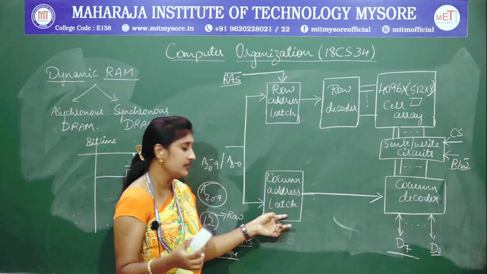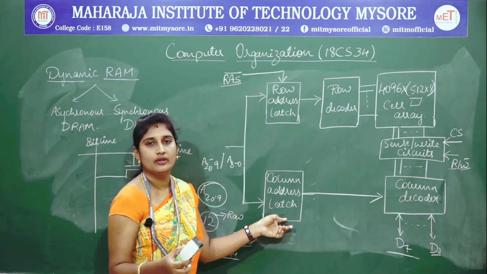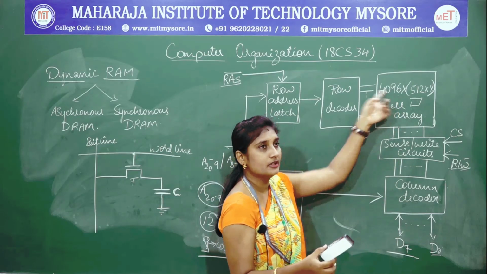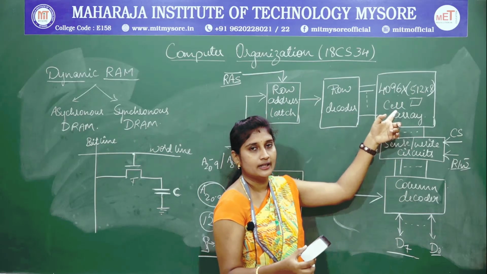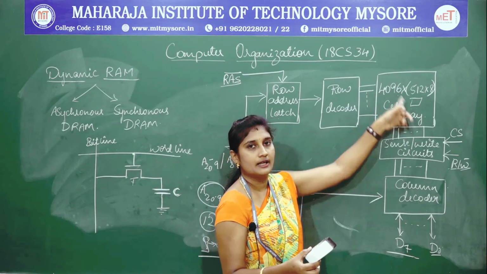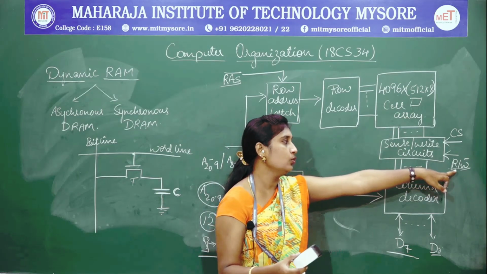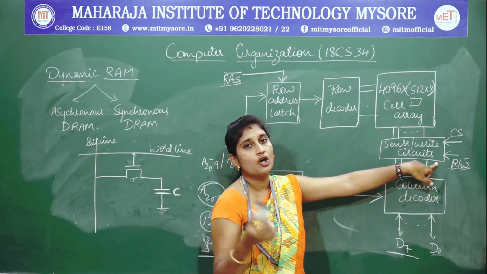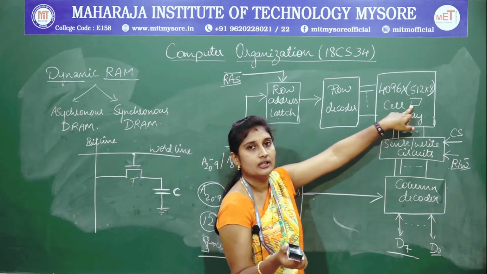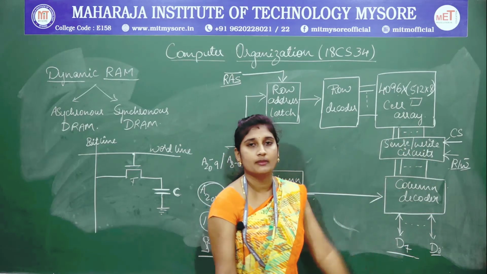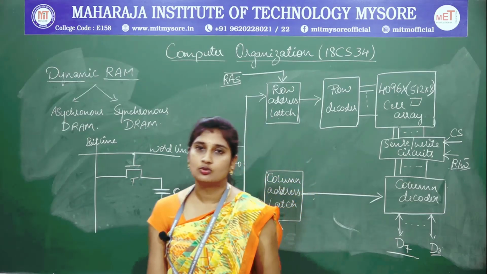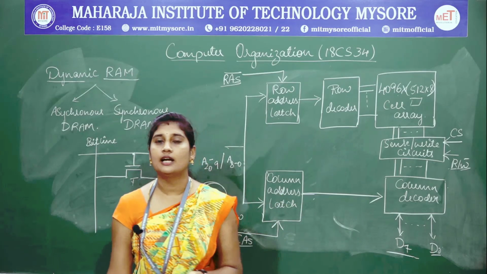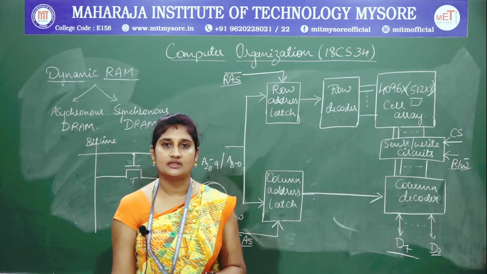As soon as that address has been sent, the CAS control signal will arrive and it will be used to decode that particular column of the selected row which has already been sent. So that particular column gets selected and the sense or write circuit will access the corresponding operation, whether it needs to perform a read or write operation, and that will be done in a particular cell and that will be sent to your data lines, that is through D0 to D7. Fine, this is how the operations are carried out in your DRAM cell.